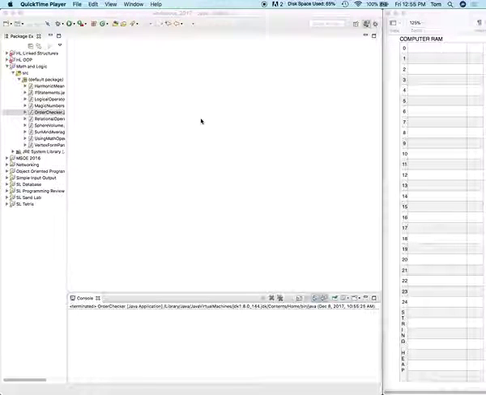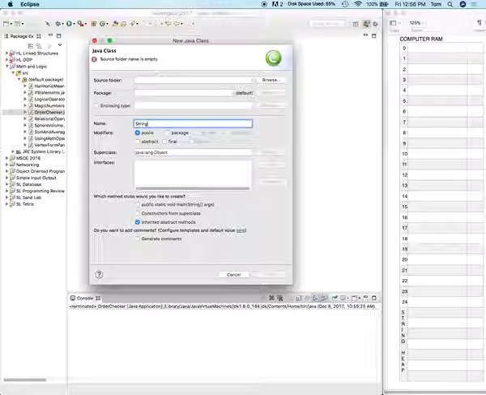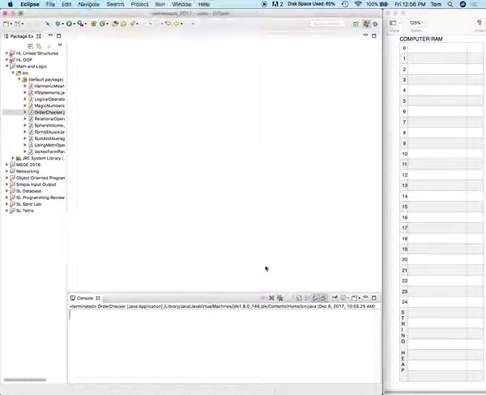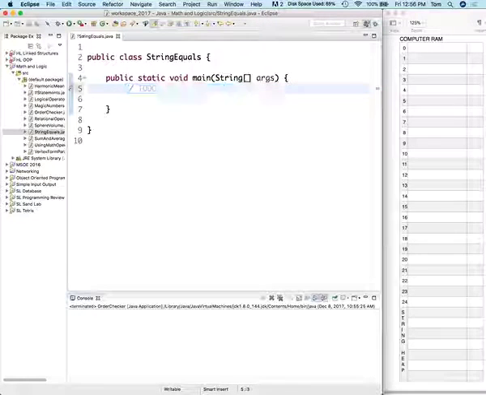All right, so we're going to try to clarify the difference between two equal signs and dot equals, especially when we're talking about strings. All right, so I'm going to create a class called string equals, and we want that thing to be in math and logic, and I want it to have a main method. So let's just talk a little bit quickly about how variables work in